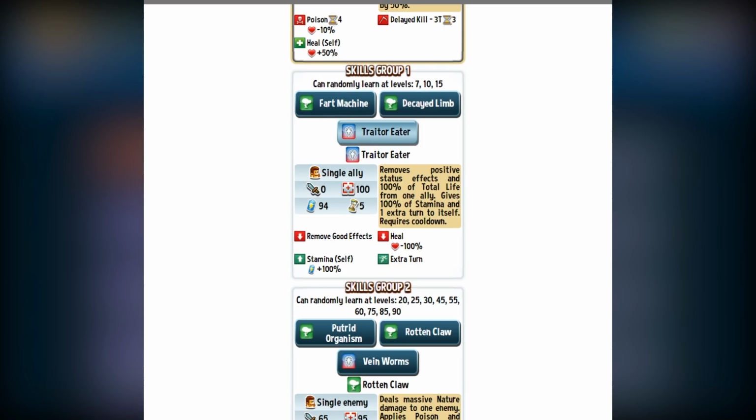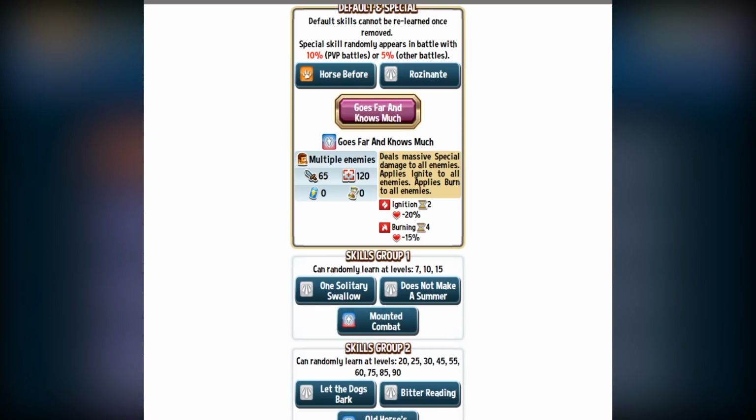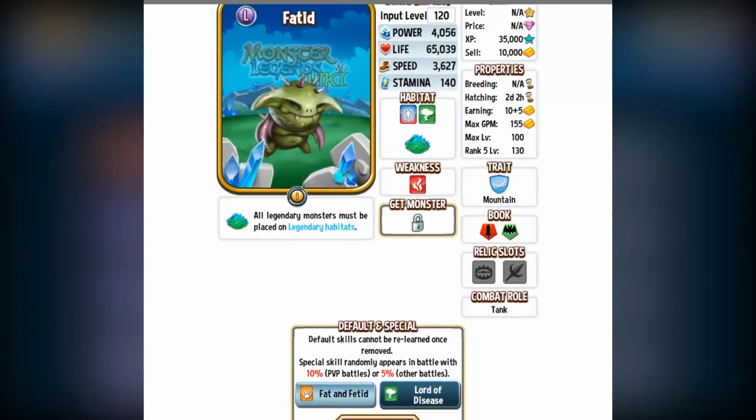and ever until you get bored, until you get tired, until both of your monsters have their ultimate, and then with Fatid you do poison and delayed kill. With Rossigon you do ignition and burning, and then you win with poison and ignition and burning. That's something you can pull off. Or honestly, you can just probably kill off your other monster, your third monster, and then bring them back, and that way you have a full life, full stamina Rossigon, and then your other third monster with full life, full stamina. So yeah, that's one nifty little combo you can do,